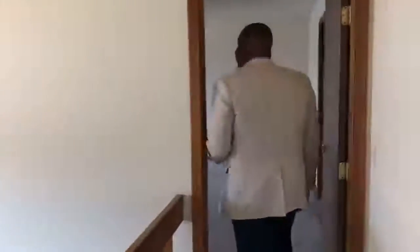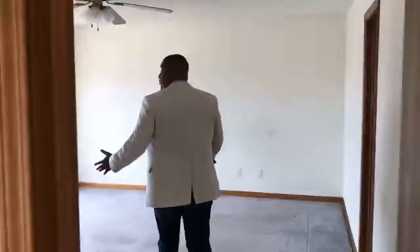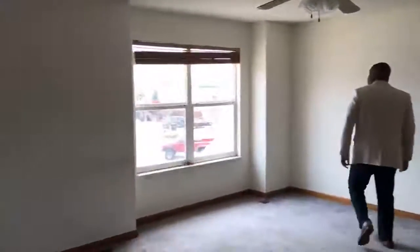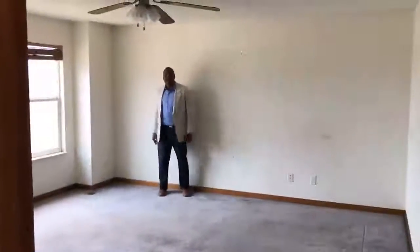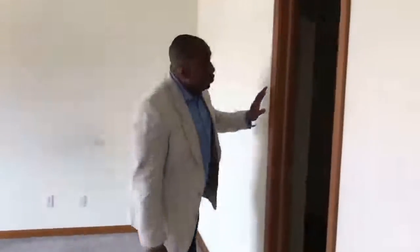And finally, I was extremely impressed by the master bedroom on this property. Actually a really good size. Check out the full depth of this room here. Goes all the way back, tons of square footage all the way back. Not much to do in this room except paint it and carpet it. It does have an attached master bath and a huge walk-in closet. Too bad there's not more lighting here, but you can see here, plenty of room for clothes and shoe storage. Definitely a really good sized